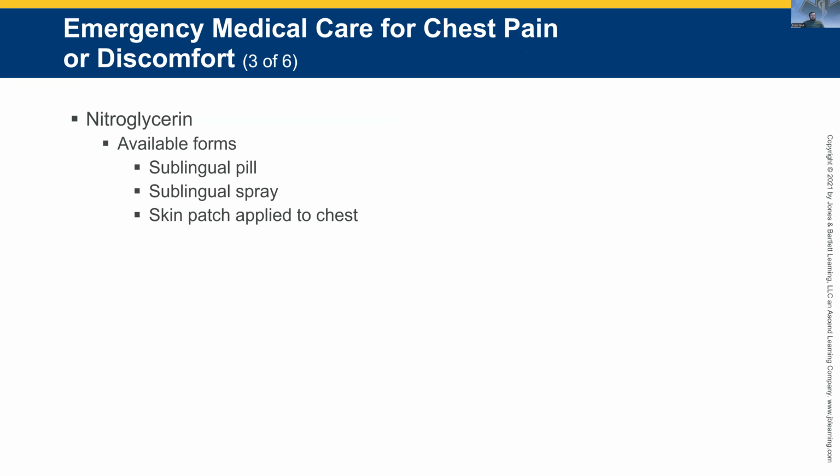Nitroglycerin is available as a sublingual pill, sublingual spray, or skin patch applied to the chest. Once again, know your protocol. You can have 3 doses, 5 minutes apart, or until you have relief. The thing with nitro is you cannot give nitro if the systolic blood pressure is below 100 because nitro opens